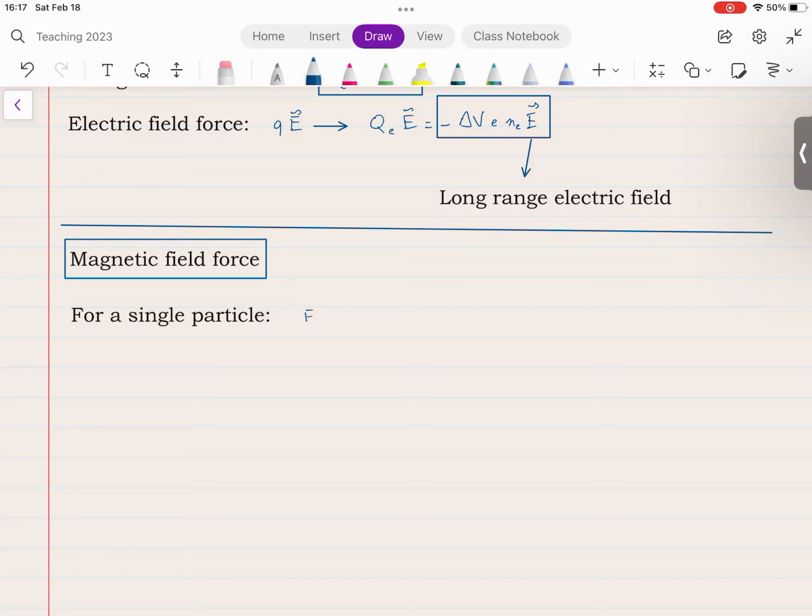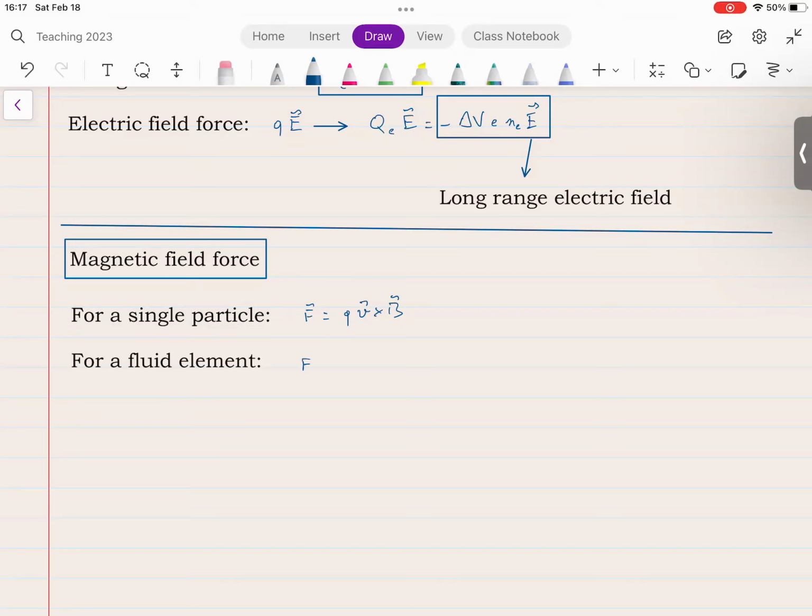The force is Q times V cross B, where V is the velocity of the particle. For a collection of particles, I'm going to use,